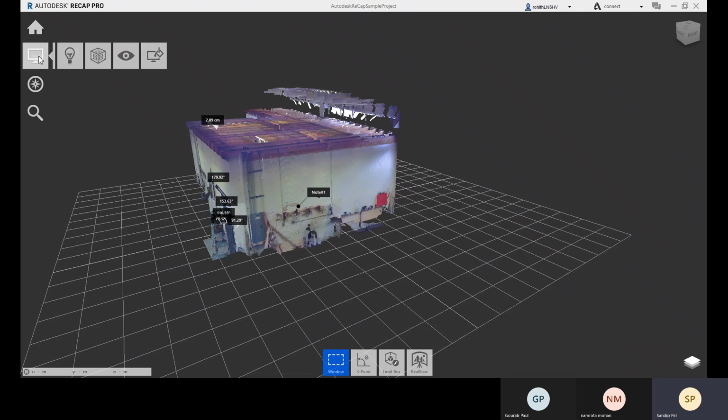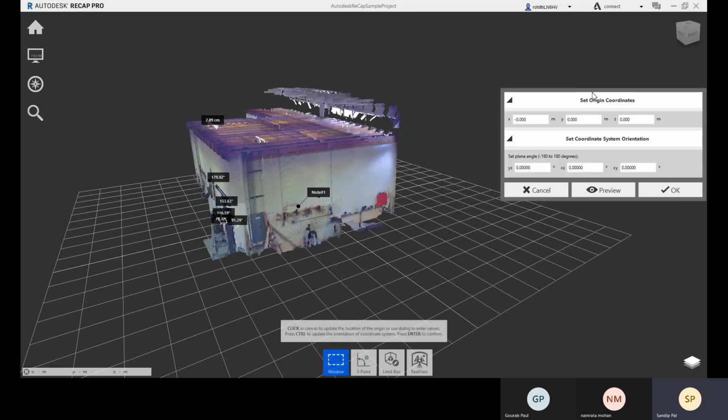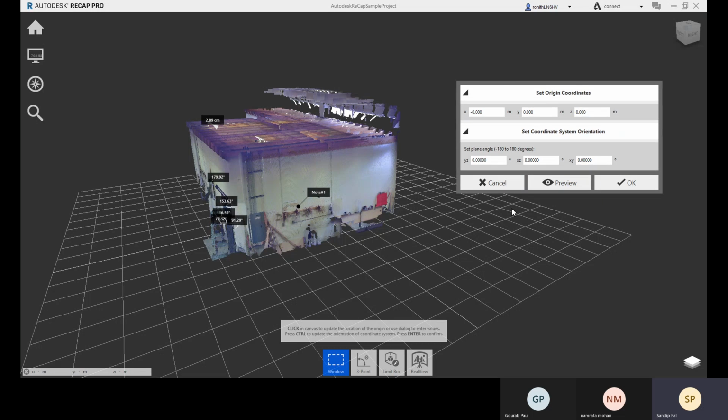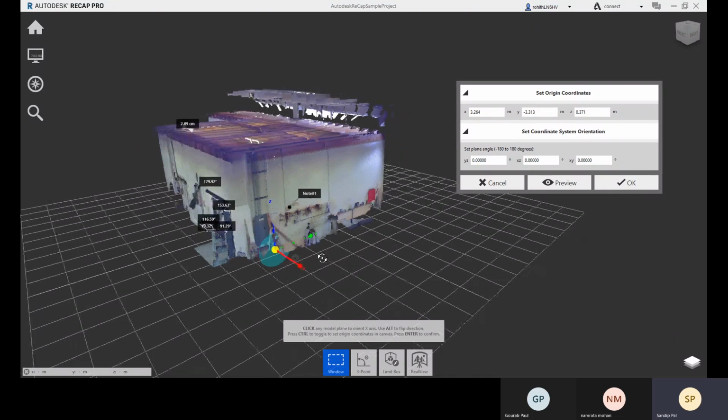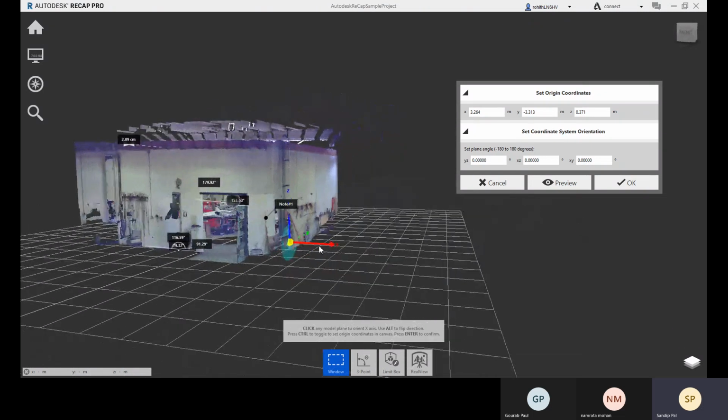For this update origin, you can click here also, like this one, and you can just preview it. You can click on the preview, and there you can see that from that location this is the x direction, this is the y direction, and this is the z direction.